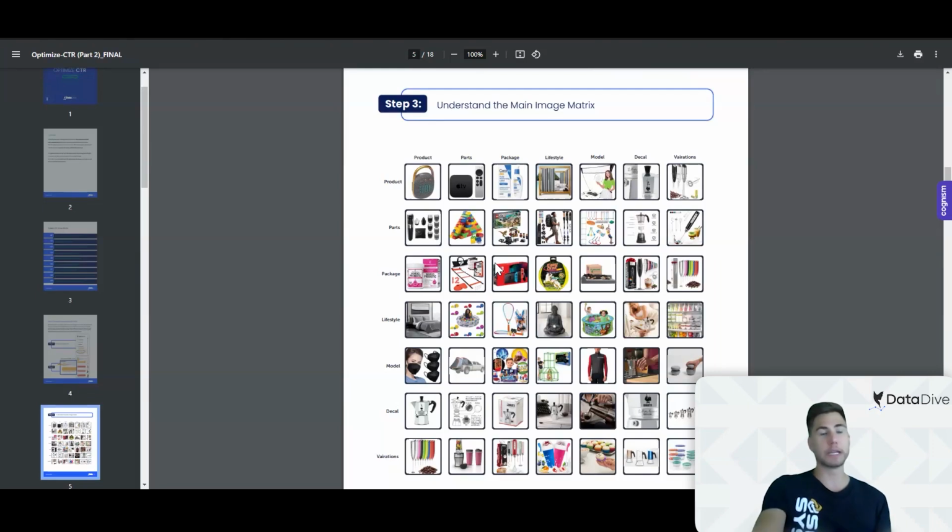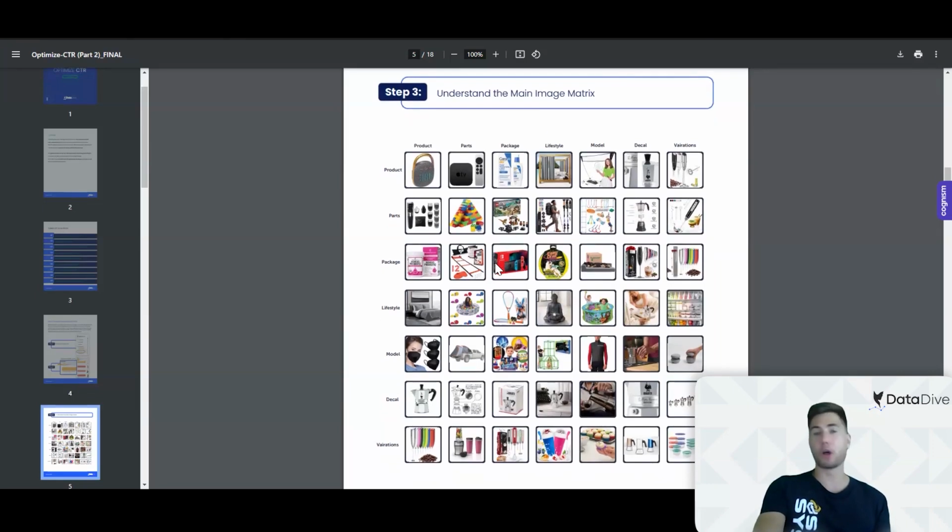And we've created this guide here. We call it our main image matrix to really show all of the different potential main images that you can have. And so the most simple is going to be just the product on a white background. This is what most sellers are doing. But as you go across the rows and as you go down the columns,